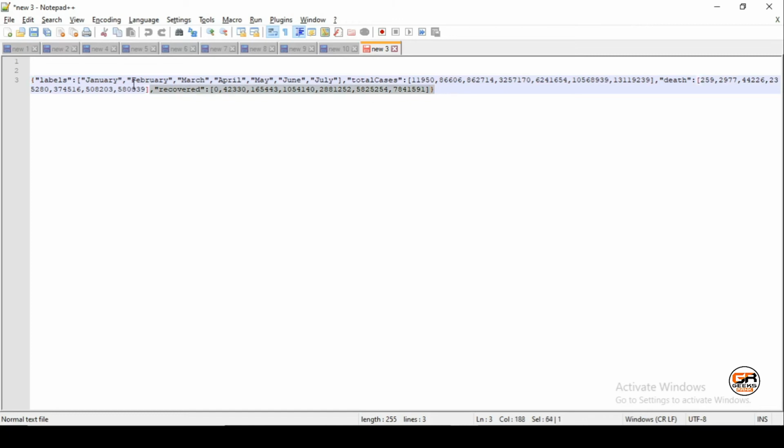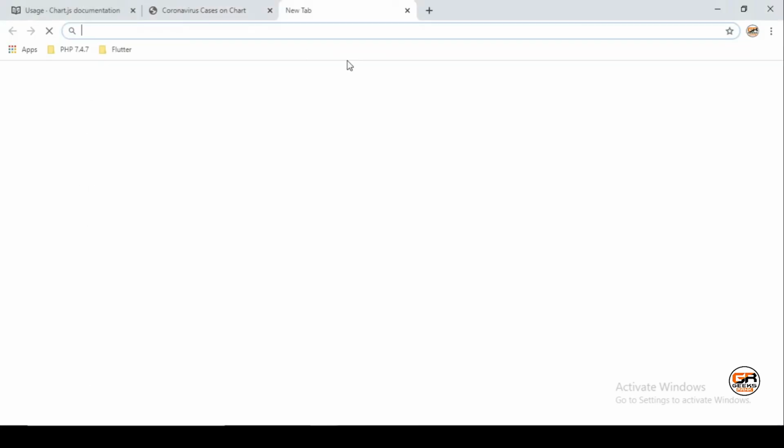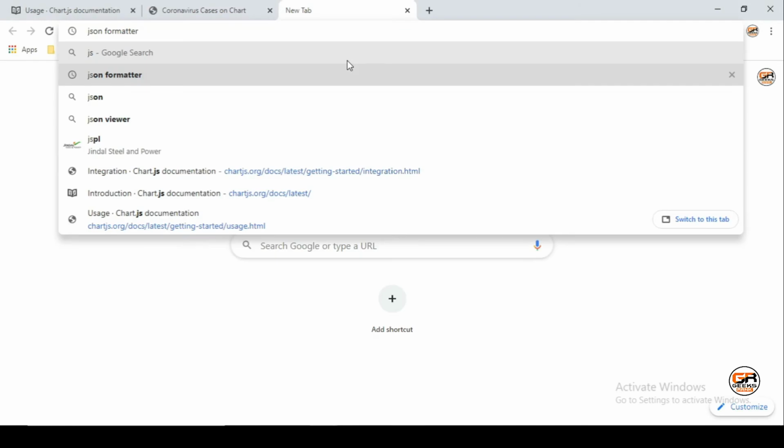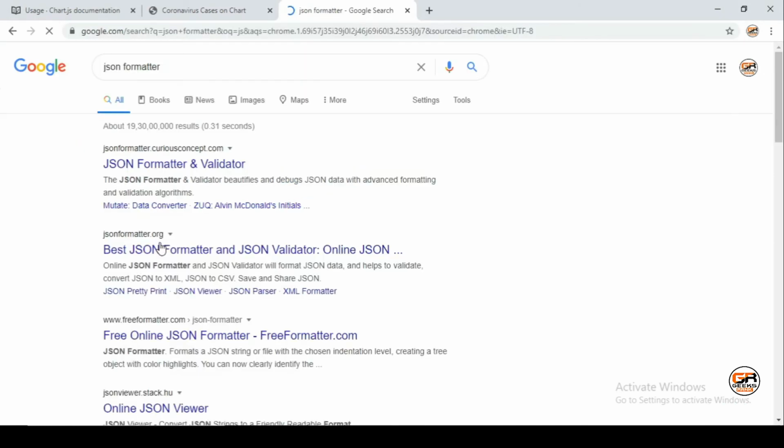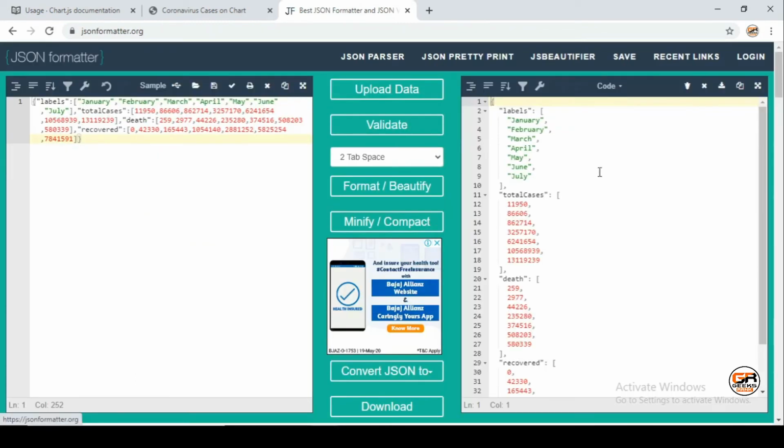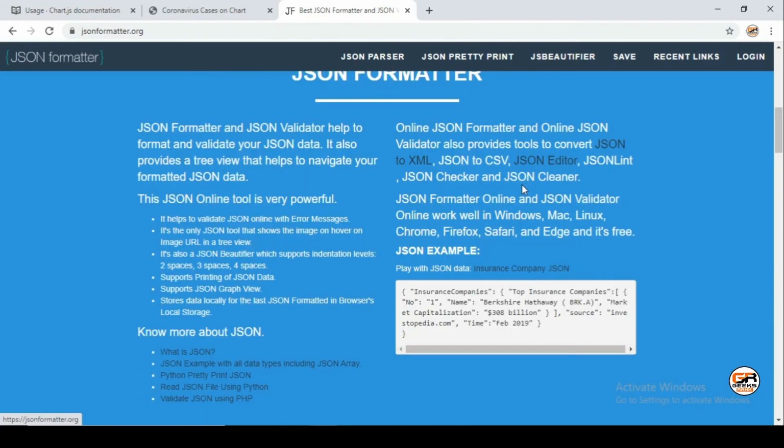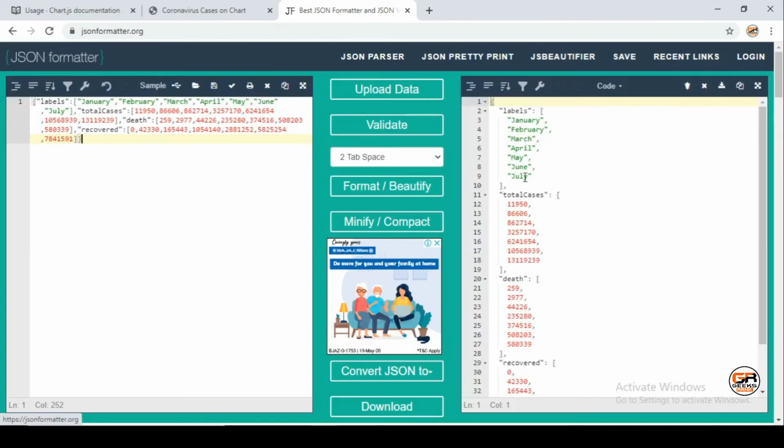I have already created a JSON data format, as you can see here. Let me show it on a JSON formatter. Yes, as you can see here, the JSON data has the following records.